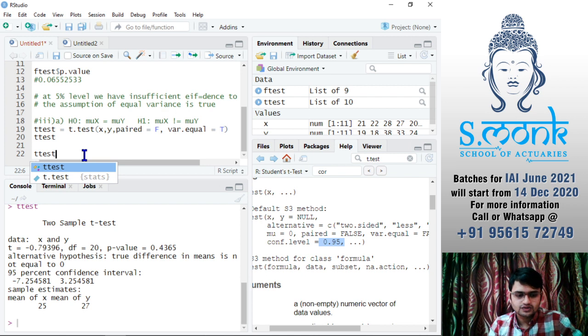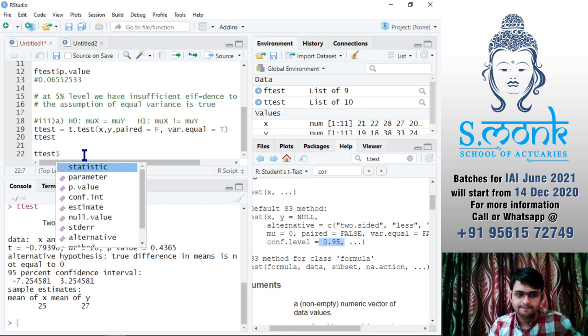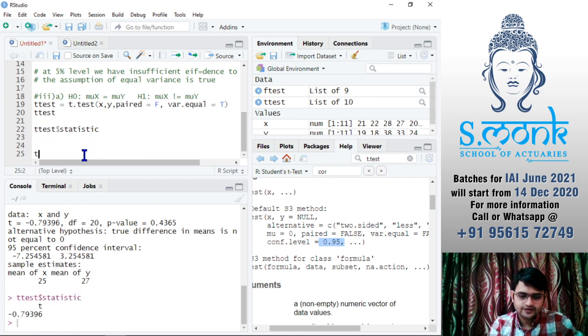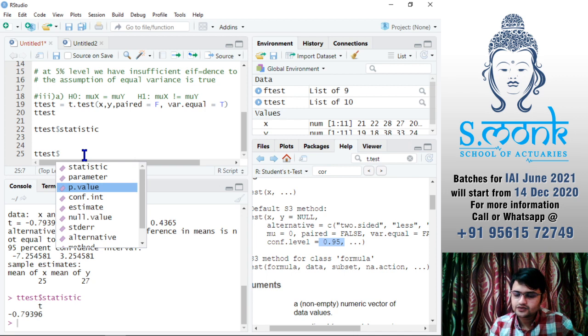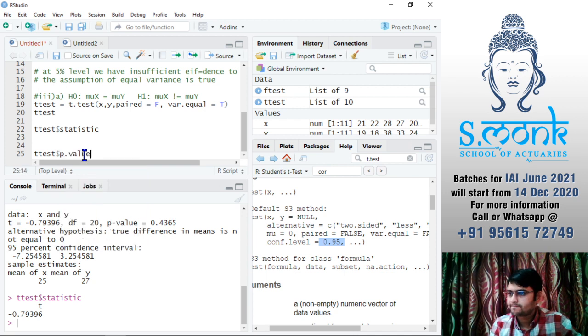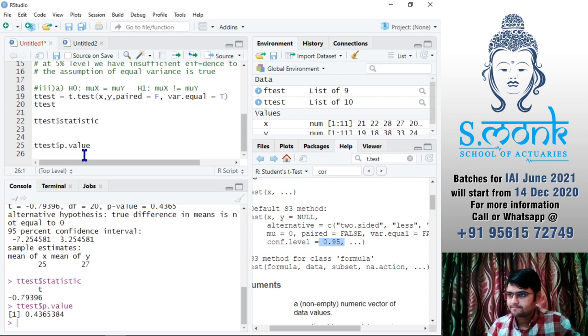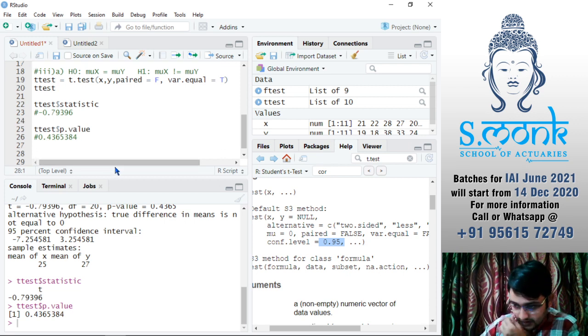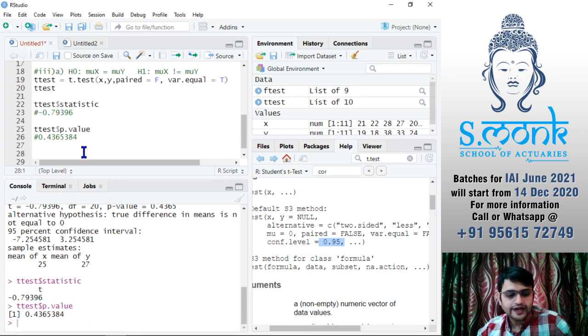So I'll say t-test dollar statistic, then I'll have t-test dollar p-value, then you'll write down your conclusion.